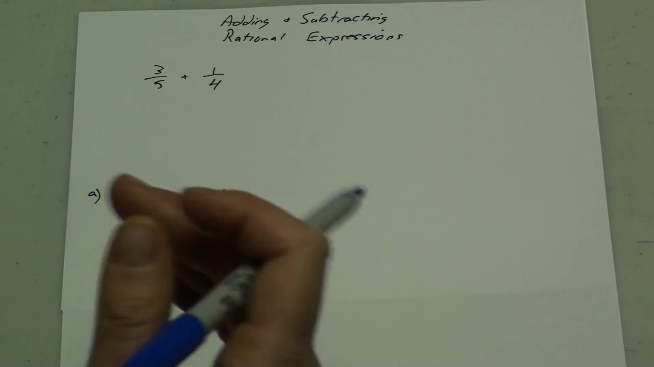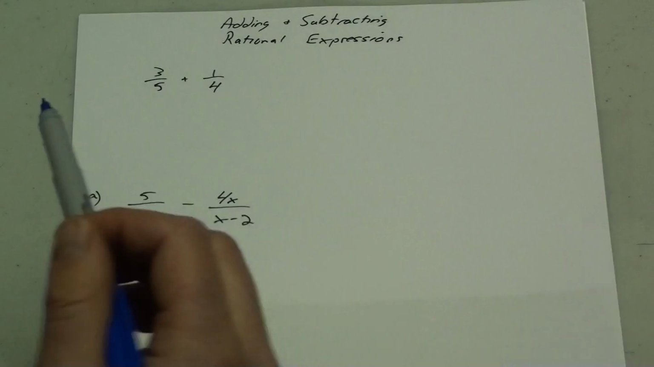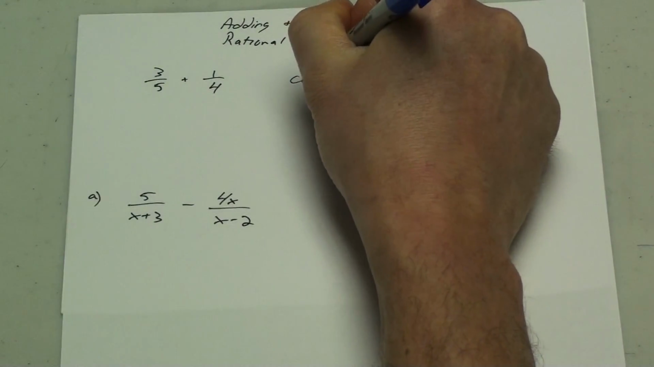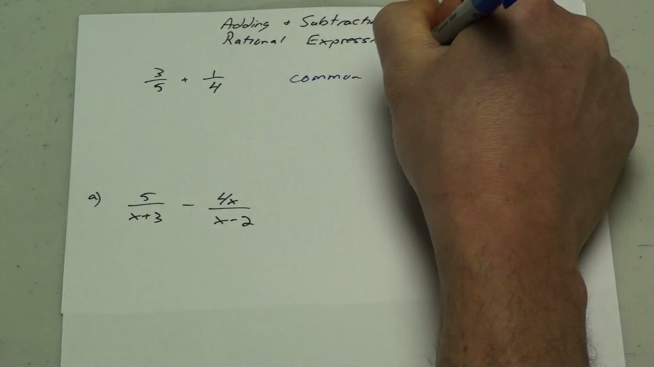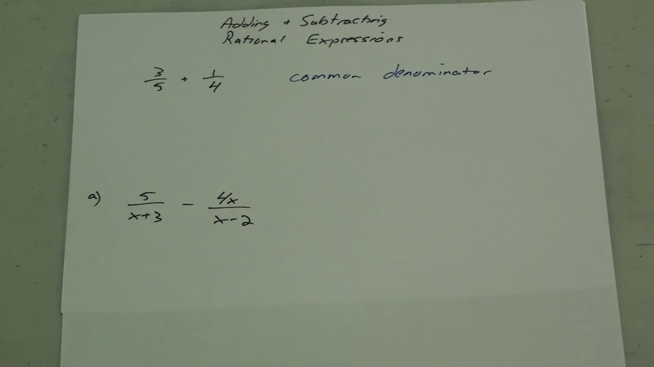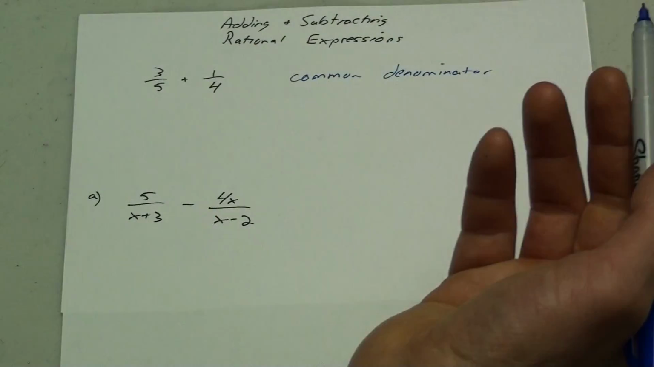Okay, this is a lesson on how to add and subtract rational expressions. Rational expressions are fractions, so we're basically going to be adding and subtracting fractions, in which case you need a common denominator. I have 5 and I have 4 as my two denominators, so the common denominator would be